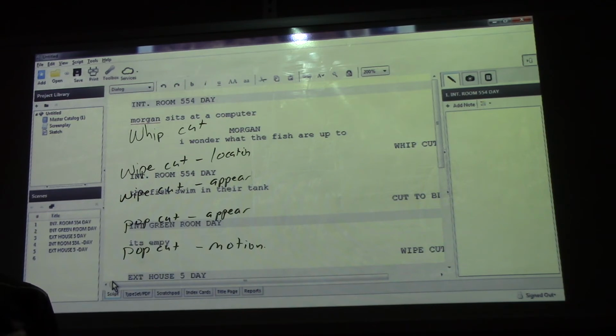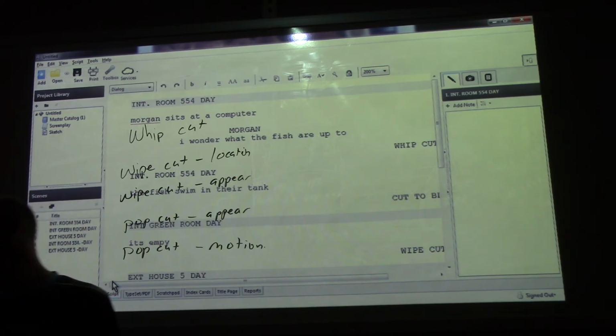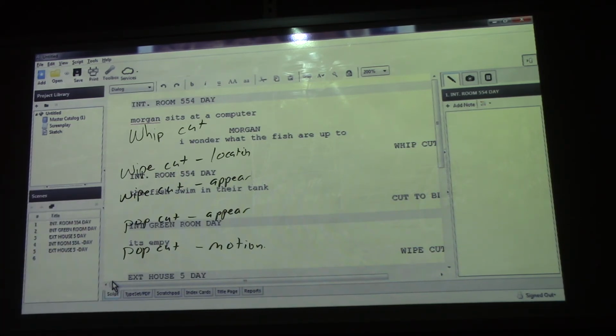It's been a while since we logged into Celtics. It might be trying to trick you into paying. Remember to scroll all the way to the bottom, and in the gray it says no thanks, continue with my free account. The other thing is while someone is scripting and someone else is storyboarding, the other person can be getting on the computer, logging into period 2,